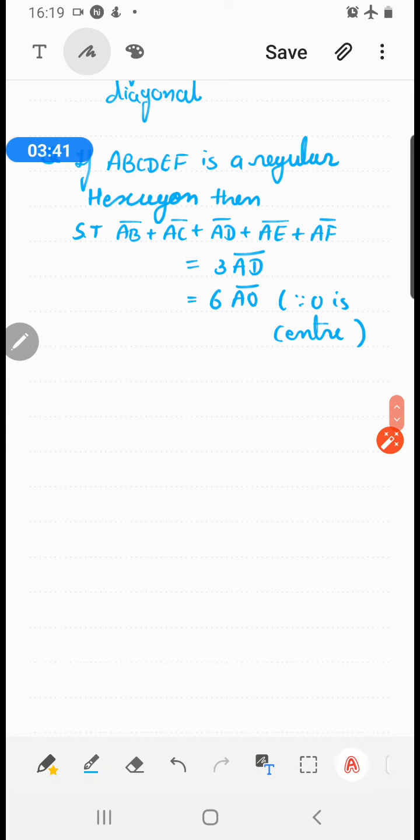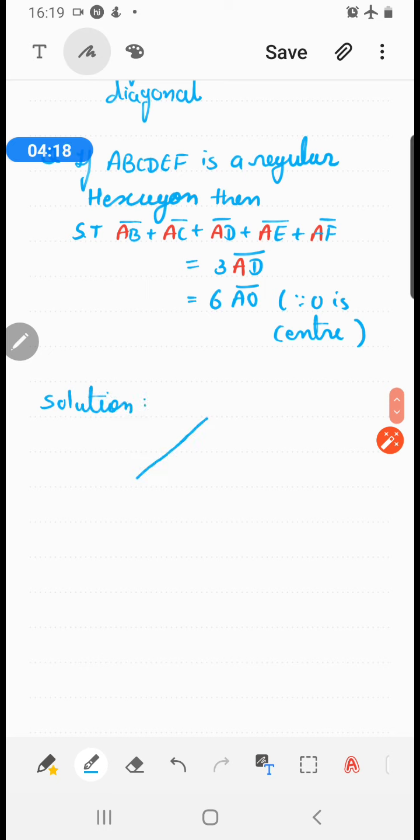In this sum, you can clearly see that all the vectors which are added start with the common point A, and so number one condition is satisfied. Number two condition, the resultant also starts with the same point. So here both the conditions of parallelogram law are satisfied. Now the third and the most important condition is the vectors which are added must construct a parallelogram. So in the solution what we do is,